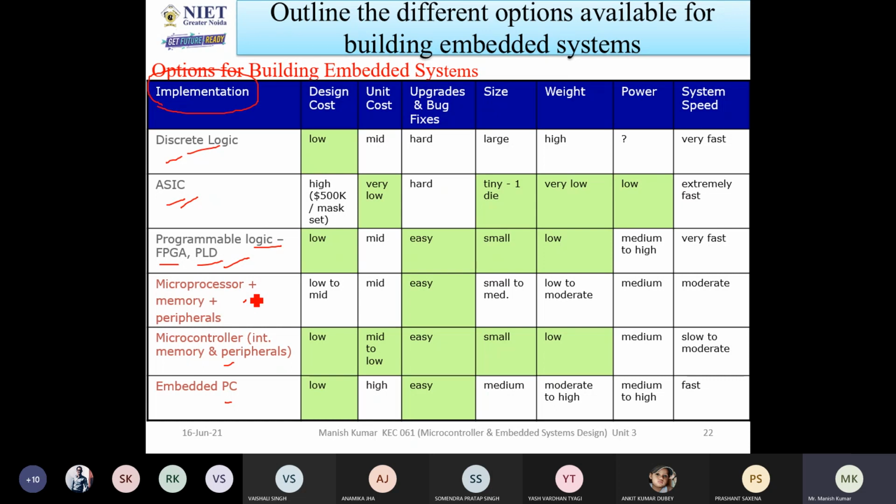And also in this platform, you are going to use the microprocessor, memory, and peripherals. When you are using microprocessor or microcontroller units, you need memory and peripherals. In the microcontrollers, memory is also available. So if you are going to use the microprocessor platform, then it is microprocessor, memory, peripherals. These three components are required to develop an embedded system. Now we are talking about the microcontrollers. In the microcontrollers, memories are already available, and you also have peripheral devices. With the help of this, you can design an embedded system.